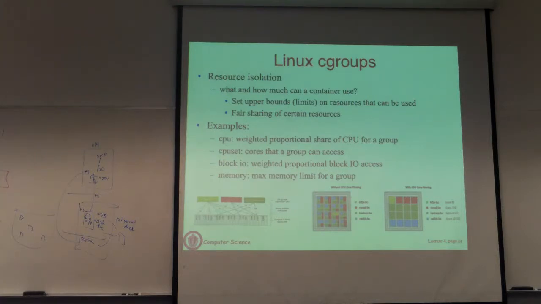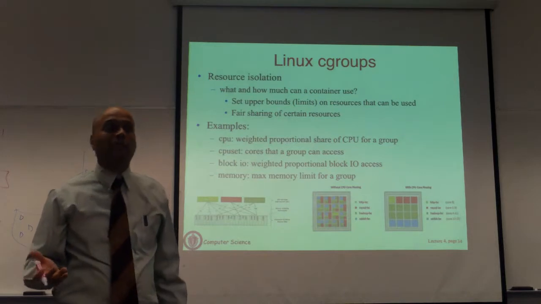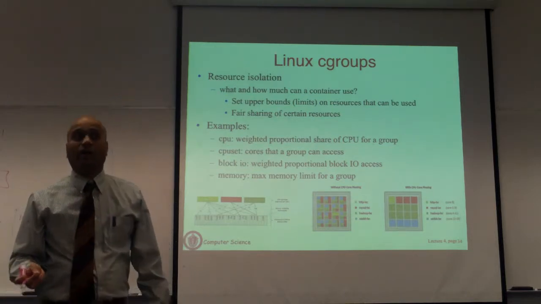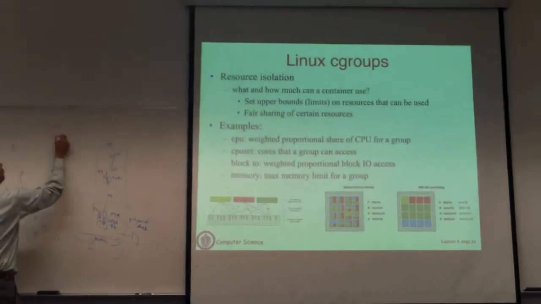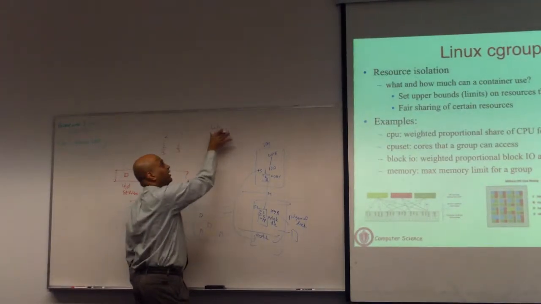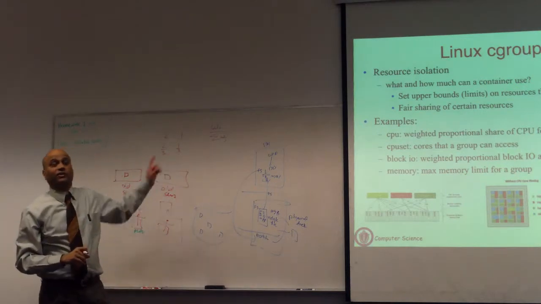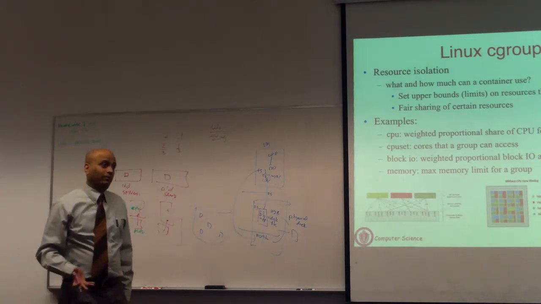If you give the first container a weight of 2 and the second container a weight of 1, this one is going to get 2/3 of the CPU, and that one is going to get 1/3. So this one gets twice as much CPU as that. More generally, if there are n containers, each of them is given a weight of Wi. A container is going to get a fraction Wi over the summation of Wj's. This is the total weight for all containers, and this is your weight. That's the fraction of that resource you are going to get.